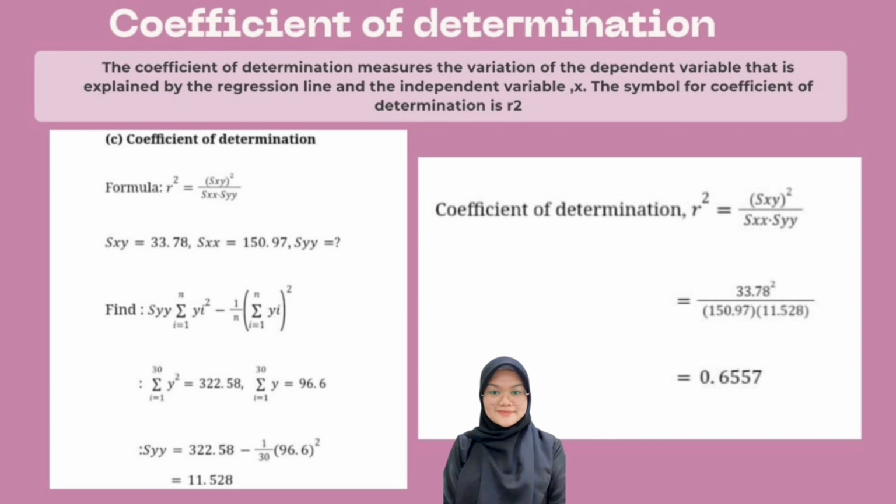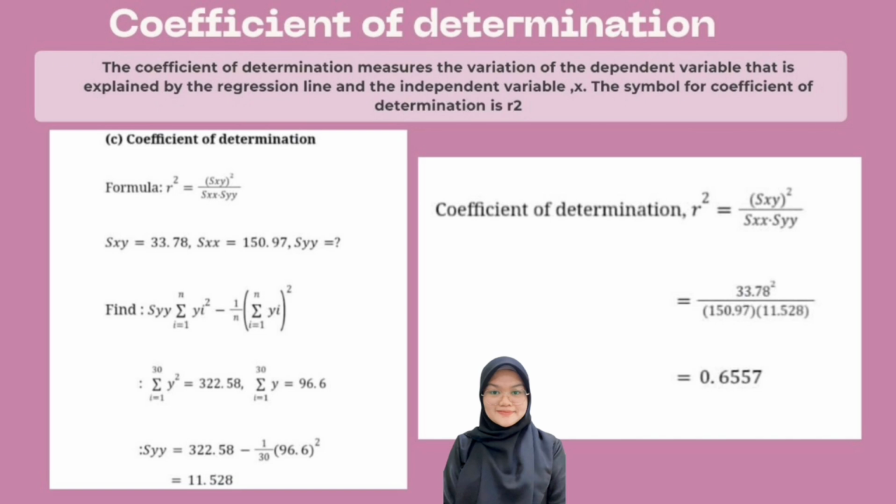Syy equals 322.58 minus 1 divided by 30 times open bracket 96.6 close bracket to the power of 2, and we got 11.528, and move back to r